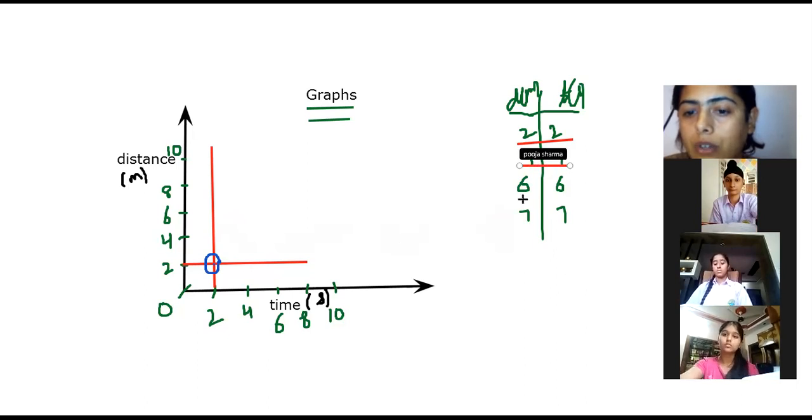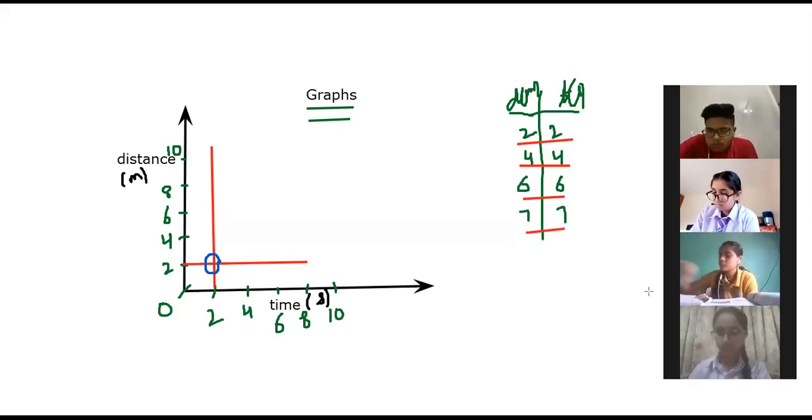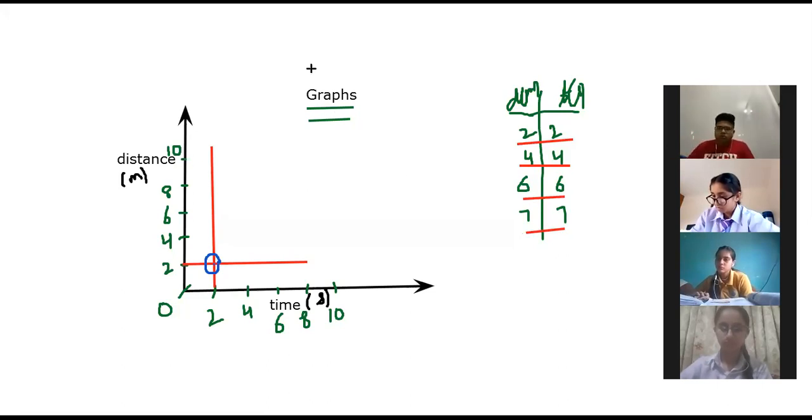Draw the lines onto your graph. For the timing, you can draw it roughly. Then later on, you are going to have a graph paper and you will be doing it over there. Fine. It is the same in the book also, and you will be getting the graph paper in the exam as well. If the question comes, you have to use the graph. Chale. Go for the points 4, 4, 6, 6, 7, 7.